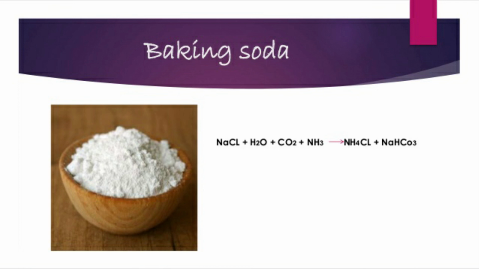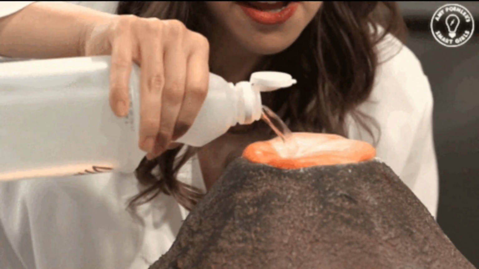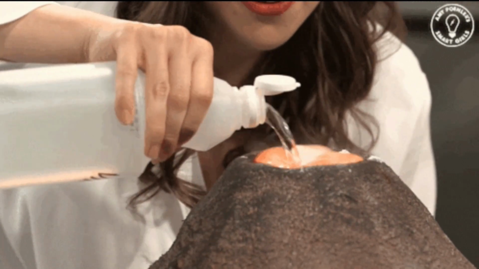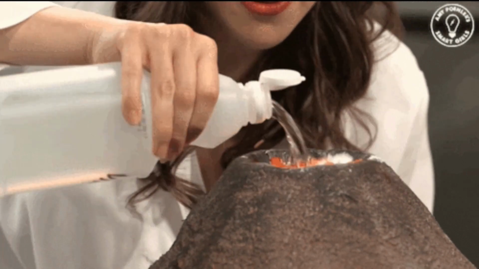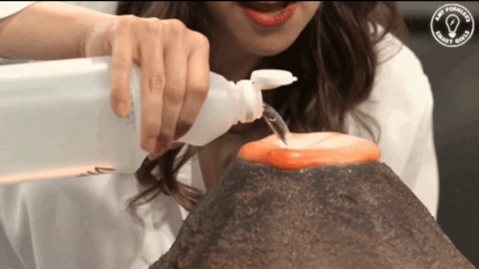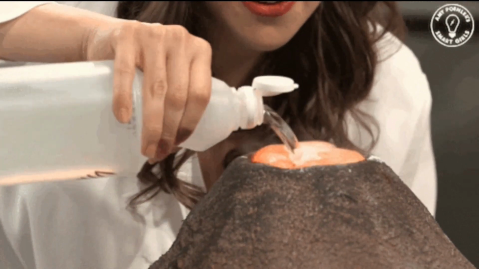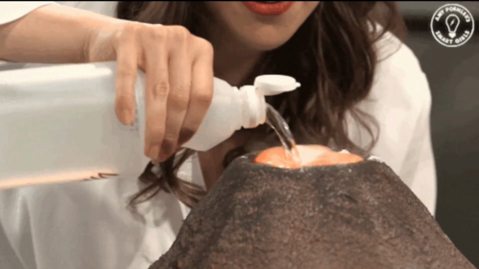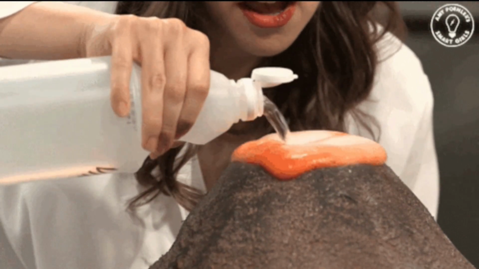Now, I'm sure you must have performed the volcanic eruption experiment in your school. The lava that came out of your volcano was because of baking soda. Now, let's talk about how this eruption happens. When baking soda, which is NaHCO3, comes in contact with the hydrogen ion, H+, it gives us carbon dioxide, water, and a sodium salt of the acid. This carbon dioxide formed on the product side causes the rise in the volcanic eruption.